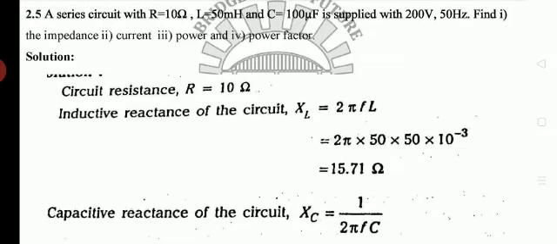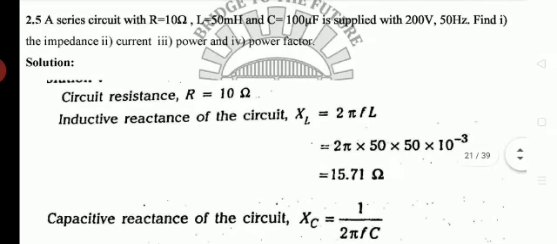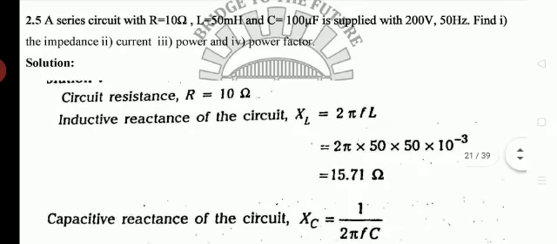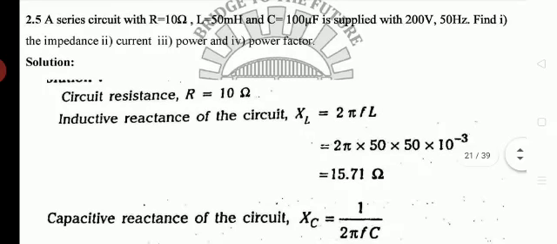Now I'll tell you how to calculate the impedance in an RLC series circuit. Already we have derived the current expression and the impedance, everything we have discussed for RL circuit, RC circuit, RLC circuit. So in RLC circuit, Z is given by Z equal to square root of R square plus (XL minus XC) whole square, or square root of R square plus (XC minus XL) whole square, depending on whether XL is greater or XC is greater.